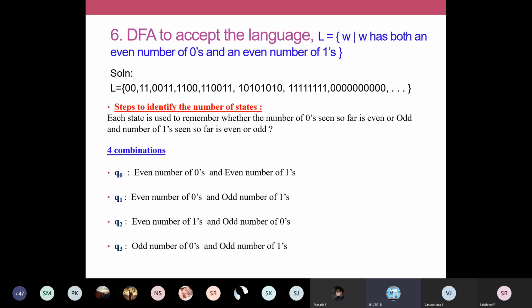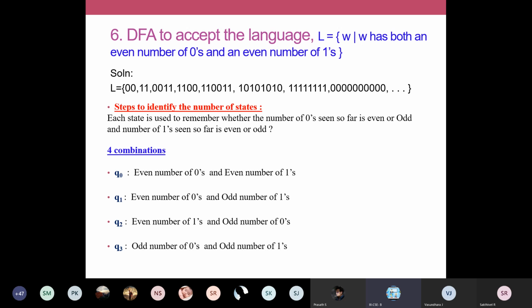First of all, you just analyze what are all the possible combinations that you can derive out of zeros and ones and even and odd. The possible combinations are even number of zeros and even number of ones. Analyze this language or think yourself.